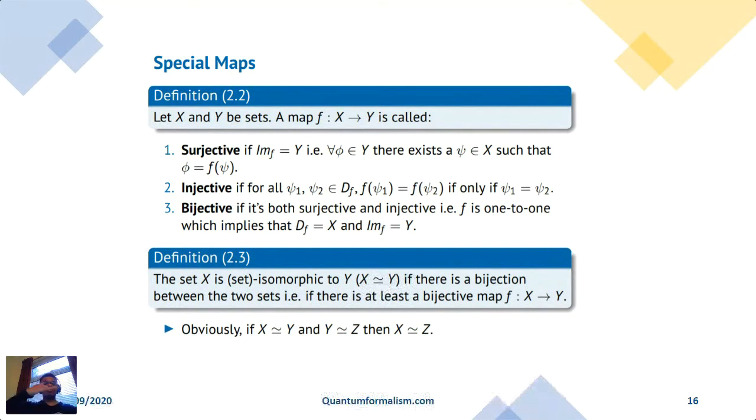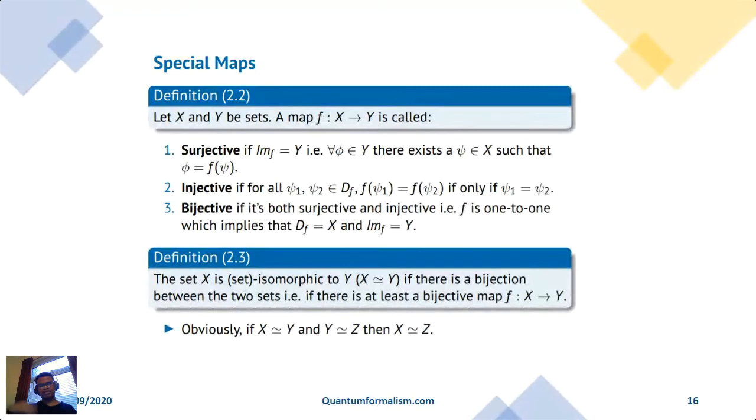Once you start adding more structure to the sets, this is where things become more interesting. For example, when you add a linear structure, like a vector space structure, it means the two vector spaces are essentially the same thing. An analogy would be like ice and water. They look different, but it's the same. From one, you can have the other one. Maybe it's not the cleanest analogy, but yeah.